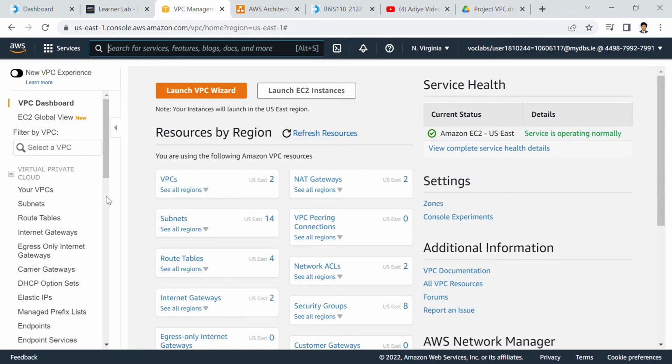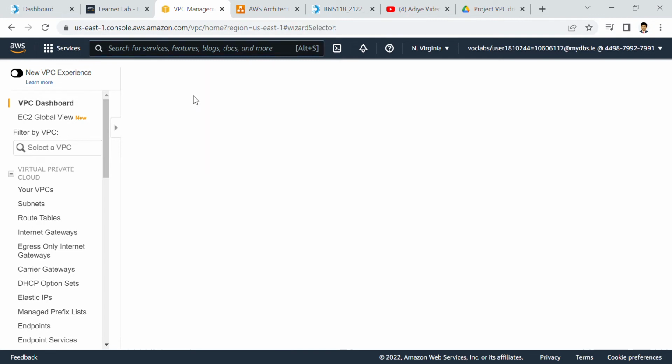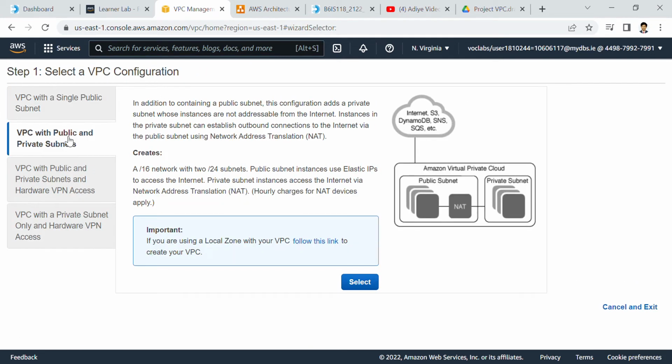and now go to launch VPC wizard. Click on Launch VPC Wizard, and then select VPC with public and private subnets, and click Select,